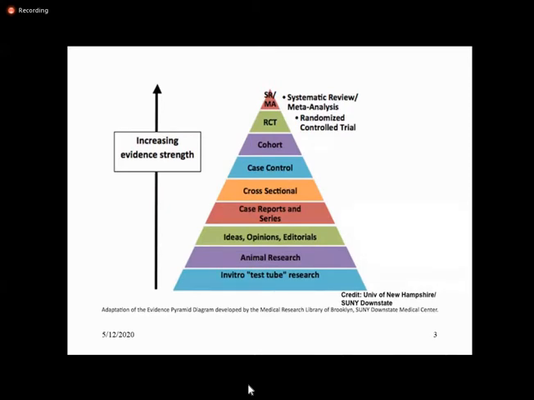You can see that in the observational study designs, the cohort and the case control are both observational, but the cohort has more of an edge over the case control study. Why? We will see it in the next slides: why the cohort has increased evidence strength compared to the case control. Always remember that every study design has its own strength of evidence.